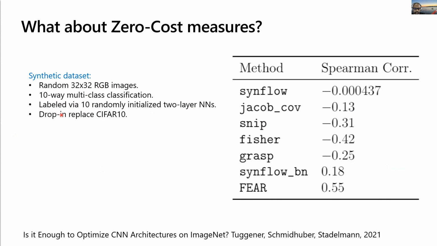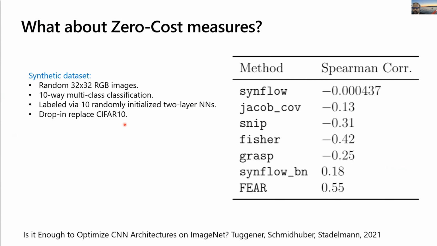So this is a clever way of generating a synthetic data set which doesn't have the usual bias of natural images, right? We just wanted to generate a wonky data set. This was not adversarially generated. This was generated one fine Saturday morning over a cup of coffee and Python code, and it was not generated to make any other measure look bad.